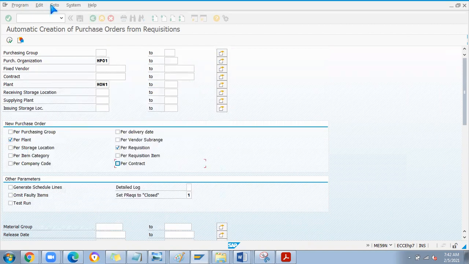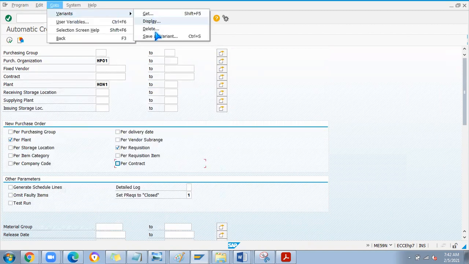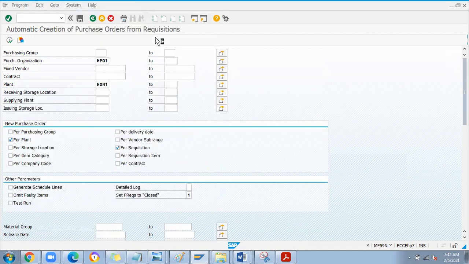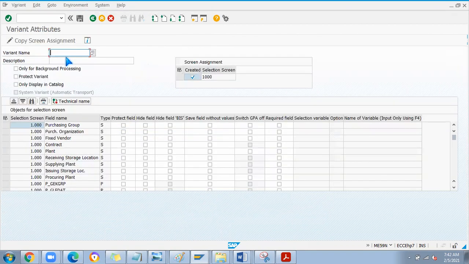Sorry, I'll go to option variant, set save as variant. Then I'll put automatic PO, PO batch job. Okay, save it.